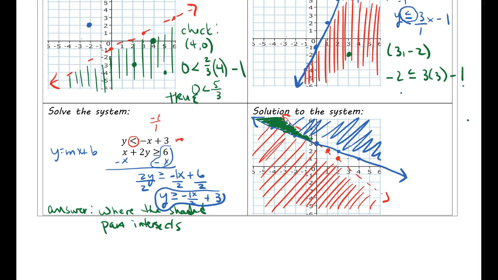And your picture is your answer. So if you're like, well, how do I write the answer? This is how you write the answer. The picture is the answer. So if your teacher says, find a point that is a solution to the system, if you find any point up in here, you're fine. So let's see, what's something that's like right there? How about